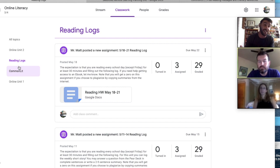And so we assign that for homework, and you will get a reading log every week that'll be due on Fridays. And all you're doing is typing a short little summary about what you read and recording how much you read and the amount of time that you did. You could read for more than 30 minutes. It's only going to help you, but our expectation is just 30 minutes on Mondays, Tuesdays, Wednesdays, Thursdays, and Fridays,